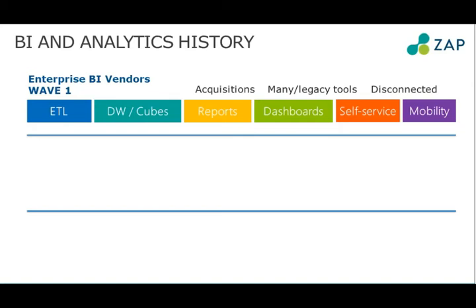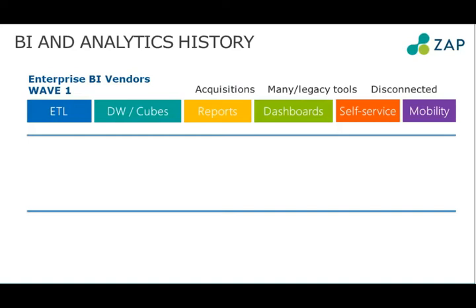A lot of these little boxes here in all the different colors are many different products from many different vendors. So even though you're buying a wave one tool, it might have 13 or 14 solutions under the covers. So the actual connectivity is very disconnected. What that means is it's extremely expensive to maintain, possibly more often than not very expensive to purchase. And the cost of ownership in conjunction with your ability to actually get quick wins is very, very difficult.